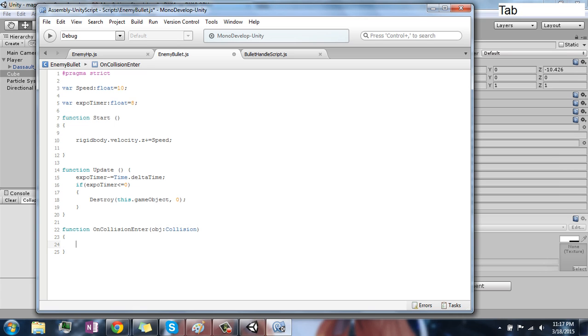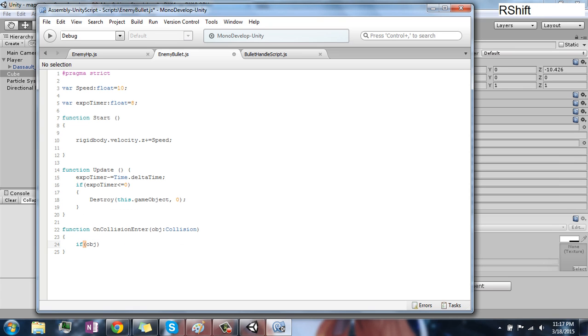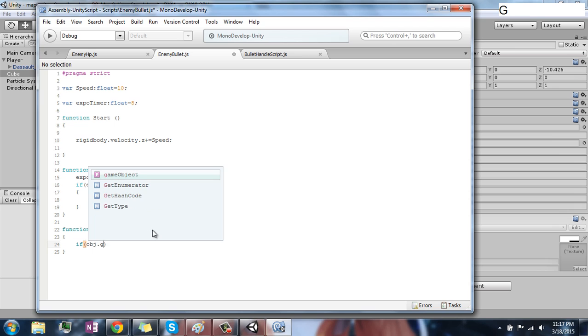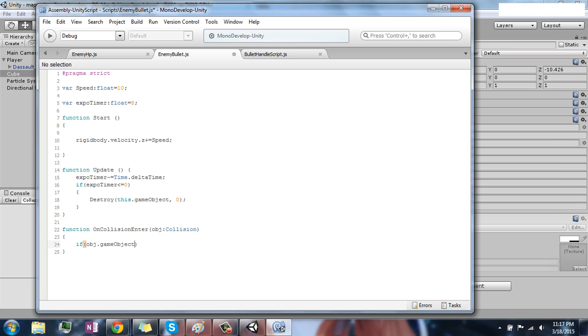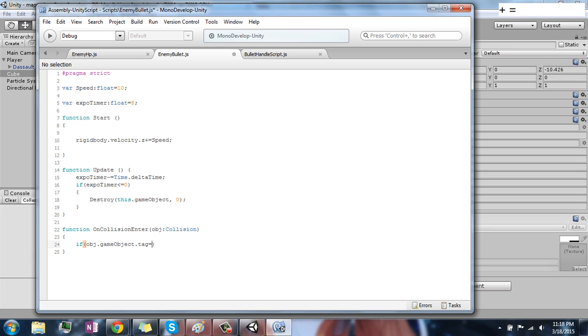So if the object's game object dot tag equals player,